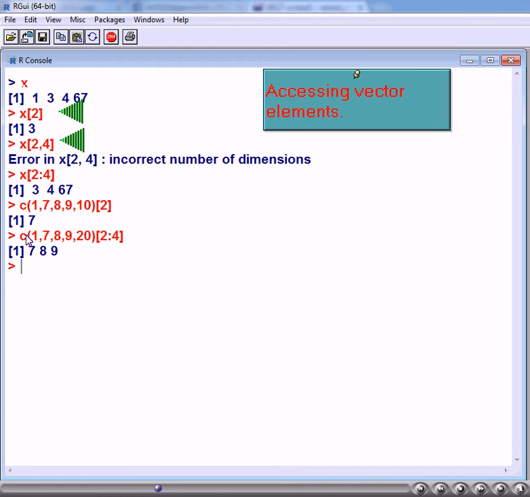Like the C language, in R also we can access the elements of a vector with the help of square brackets. However, in C language the first element index is 0, whereas in the case of R it is 1. For example, if I assume that the x values are 1, 3, 4, 67, then x of 2 becomes 3.